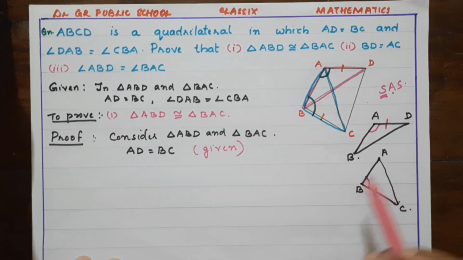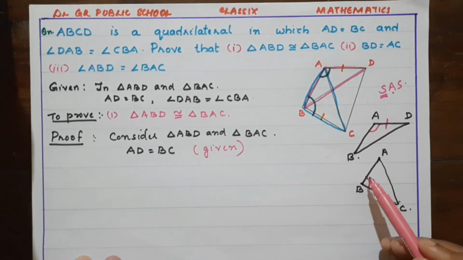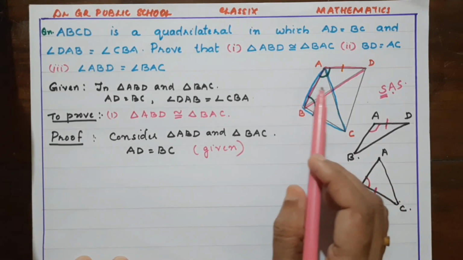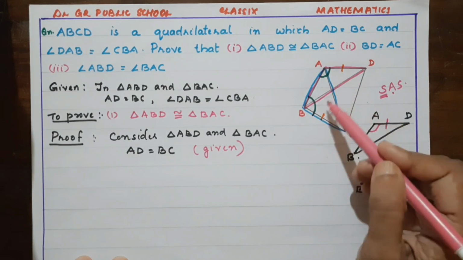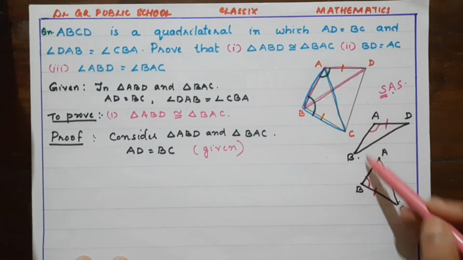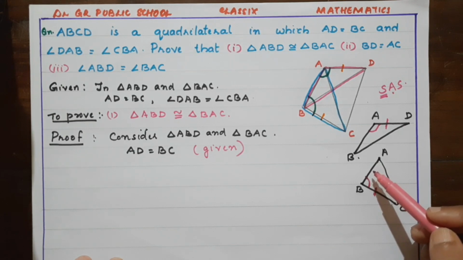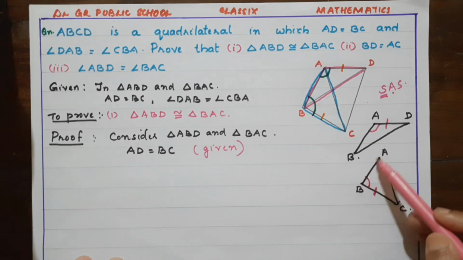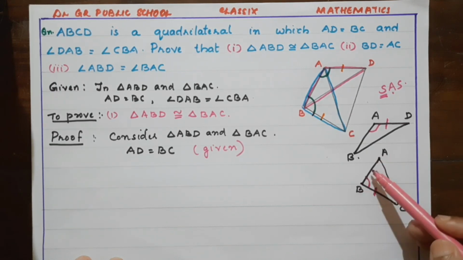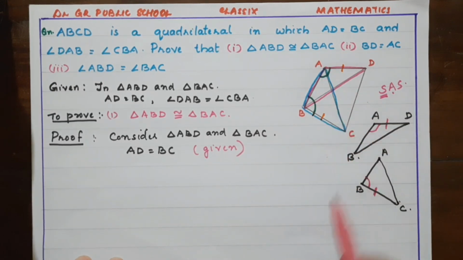Okay? Now can you say this AB and BA are equal? Yes, because when you see this figure, you can see AB is common for both the triangles. So if the sides are common, their measures are equal. So which equality can we say as the third one? From the first triangle AB and from the second triangle AB or BA, they are also equal because they are a common side.